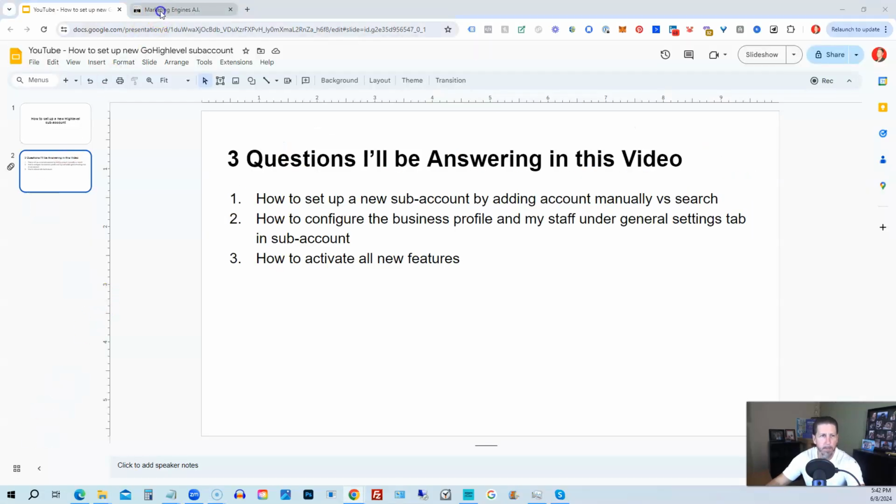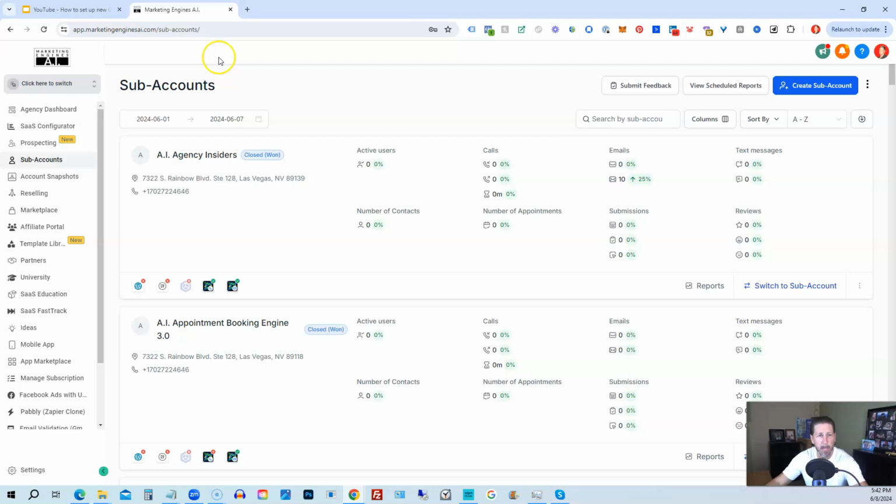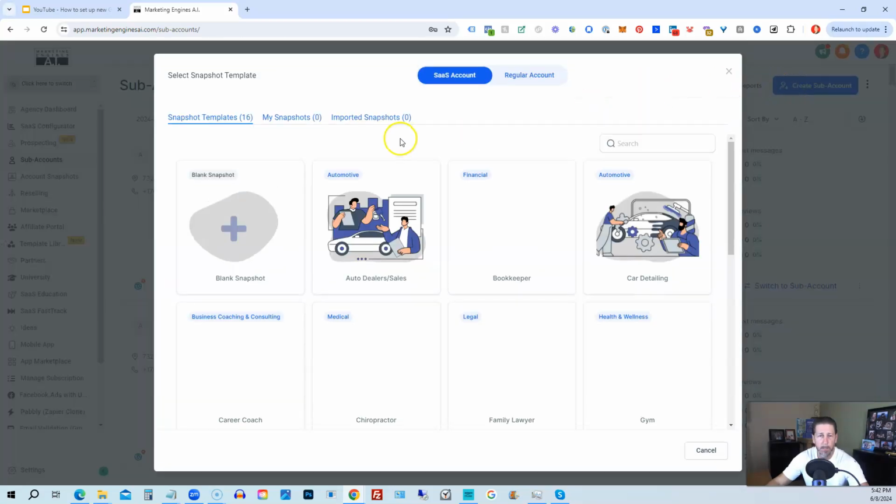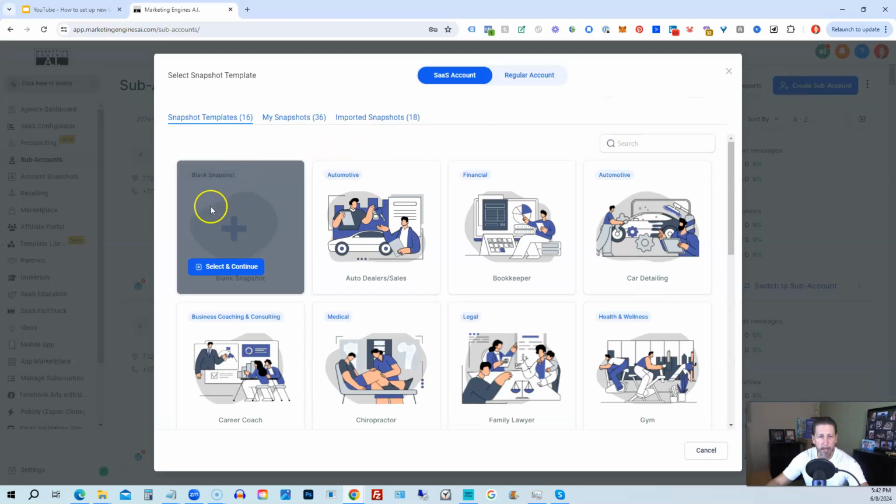So I'm going to hop out of here and head on over to my HighLevel account. Under my agency dashboard, I have sub-accounts on the left-hand side, so I'm going to click this blue button, Create Sub-Account. Now from here, I can do things like start with a blank snapshot, which is what I typically do,